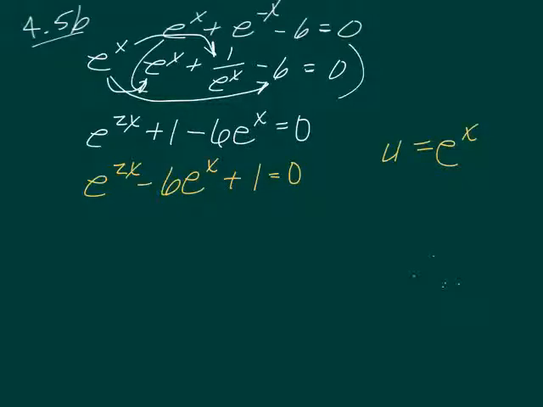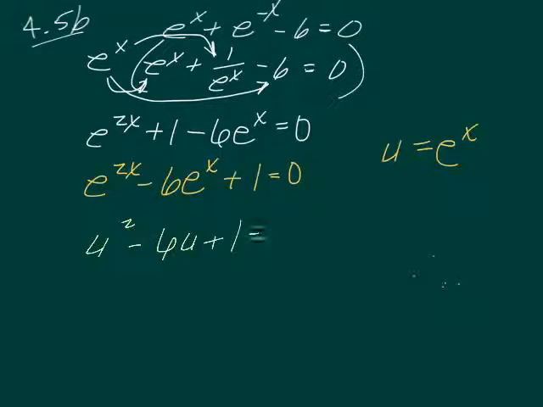And here's the clue how we knew that. I wanted u to be equal to whatever this middle variable was, because over here it's squared and over here it's gone. So if I can make my u equal to this in all cases, then that will make life better, because I've got e to the x. If I'm going to put a u in its place, that means this e to the 2x will be a u with a 2 on it. So this will give me, not e squared, let's write that again, u squared minus 6u